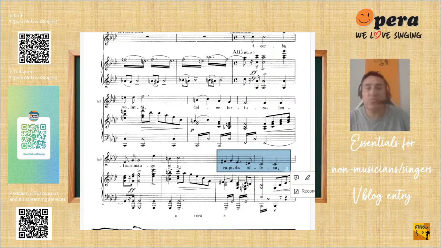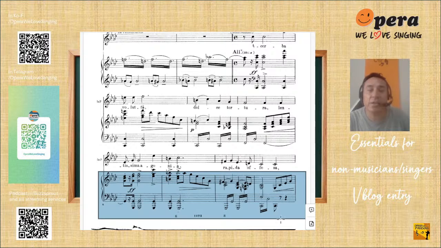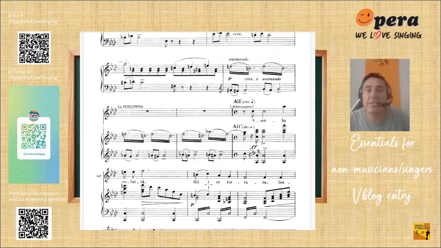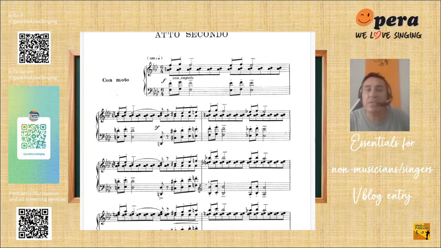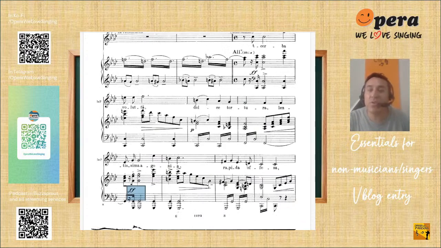And notice that as for the voice, so far we have not found any notation on the voice. This notation is for the piano. These two lines are for the left and right hand of the piano. And the only fortissimo, the double F that we have found so far, it's this one. So this version of the score does not have so many indications on the volume and the dynamics, which means